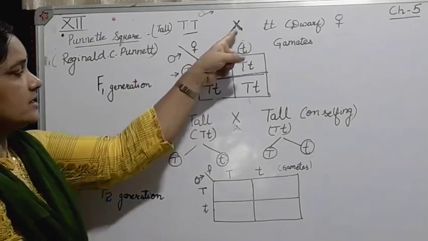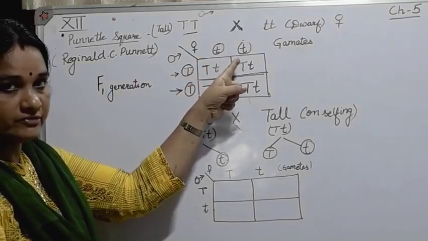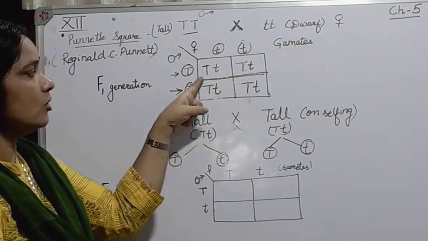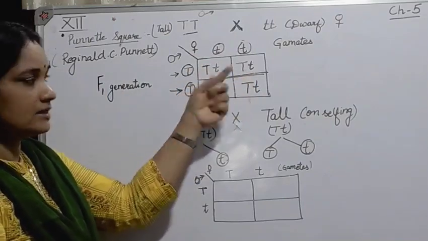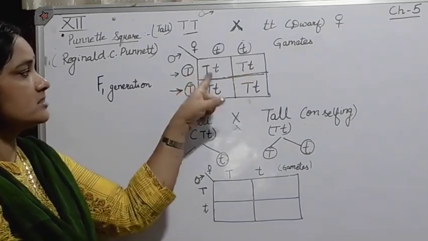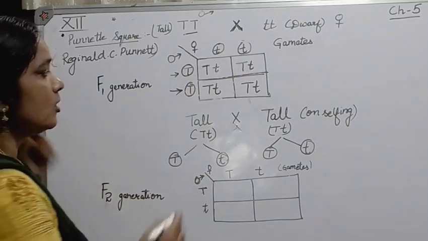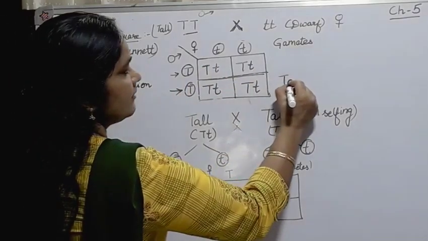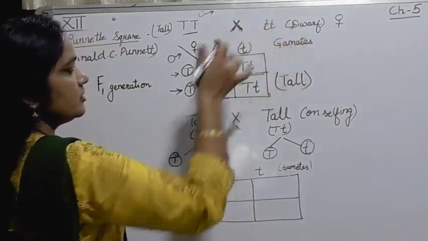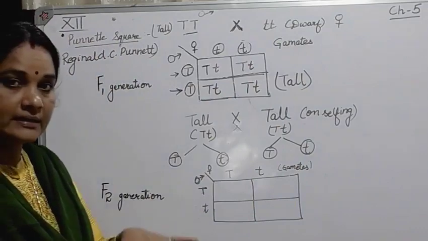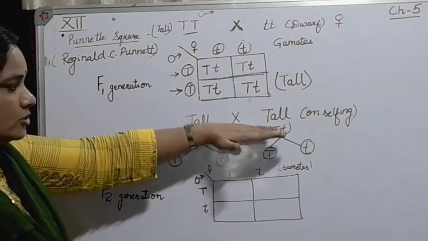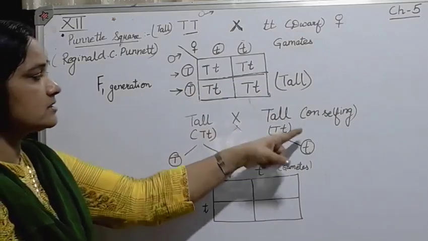Now here, there is segregation of the gametes during the meiotic division, and then you can see the formation of the heterozygous condition. One is the dominant factor and the other is recessive. So the dominant factor masks the recessive. In that case, it was found that all the plants generated during the F1 generation were tall. The other character, which is obtained from the dwarf plant, remained hidden and was not expressed in the F1 generation. So, in order to study it further, all the tall plants were self-pollinated.